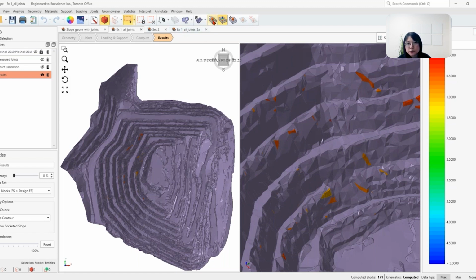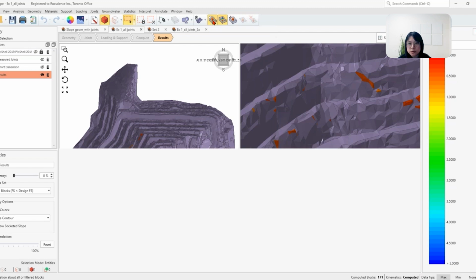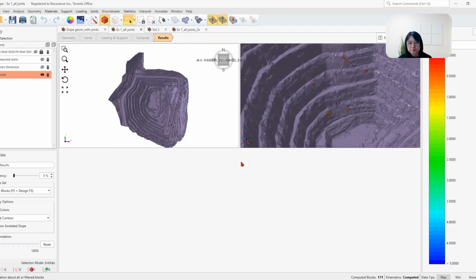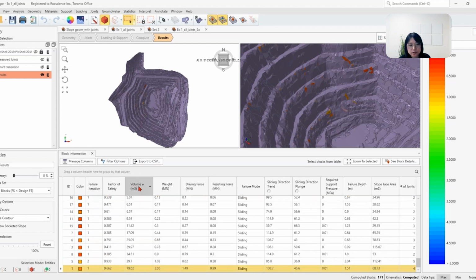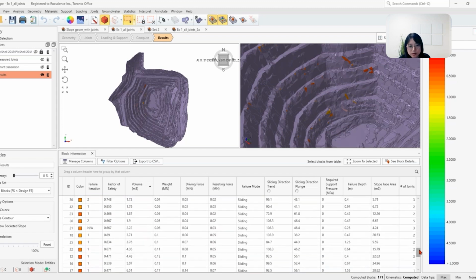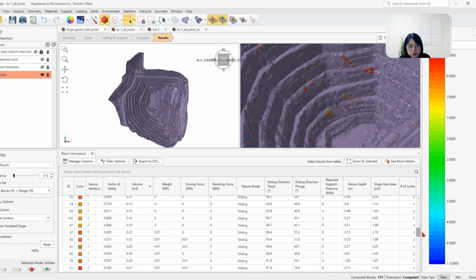Now, when I go into the block information table to view the volume distribution, I'm going to just double click on the volume header to sort the blocks from greatest volume to the smallest volume. Okay. I can see that my greatest block volume is 79 meters cubed, whereas the majority of blocks